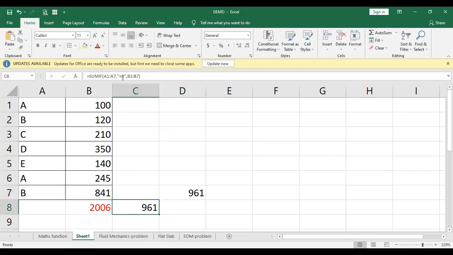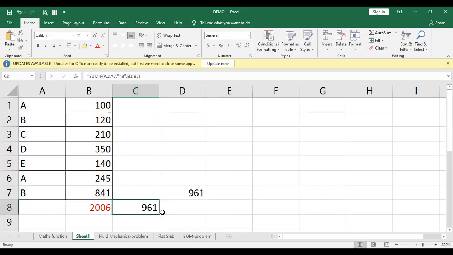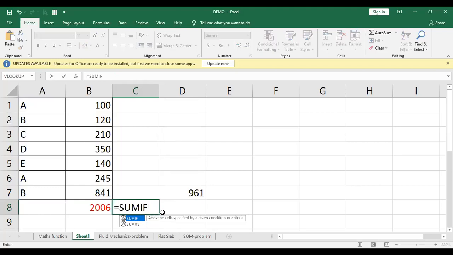So what we have done here, I'll just repeat once again. Put here equals to sum if, okay, double click on that. Then there's a range.